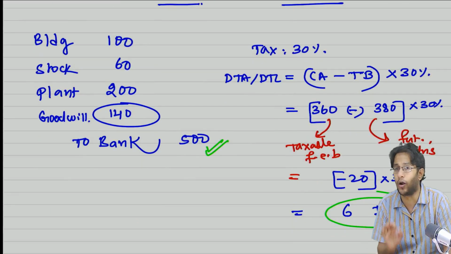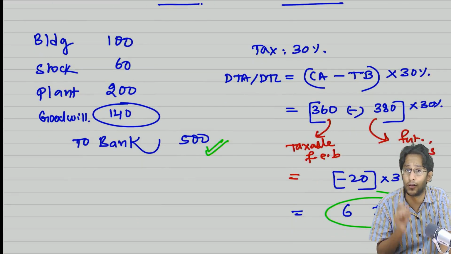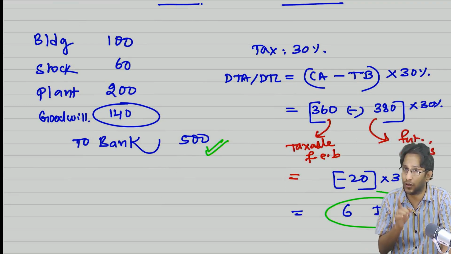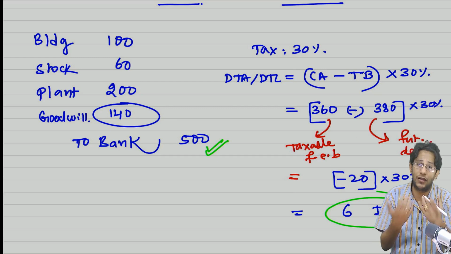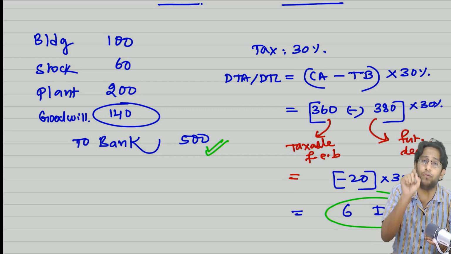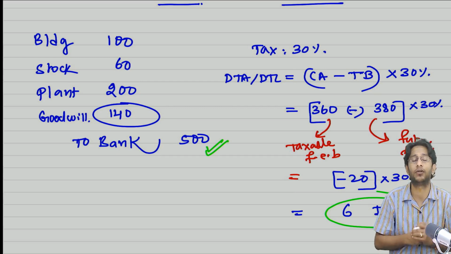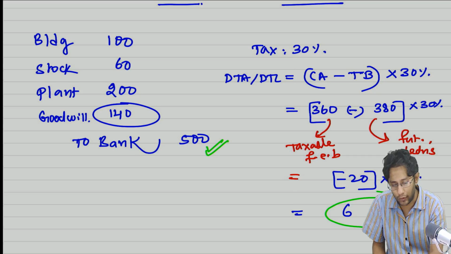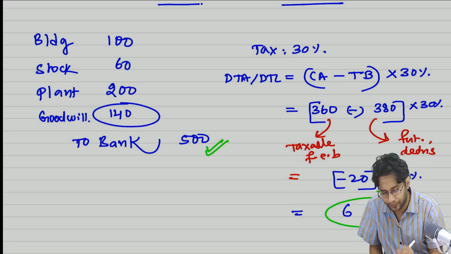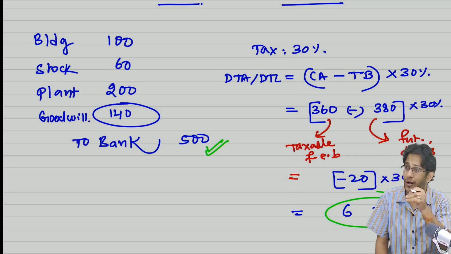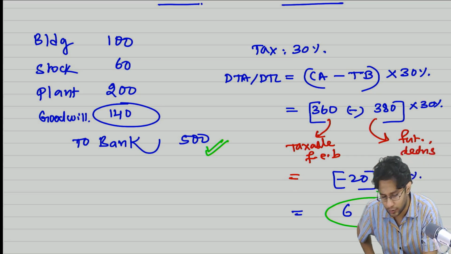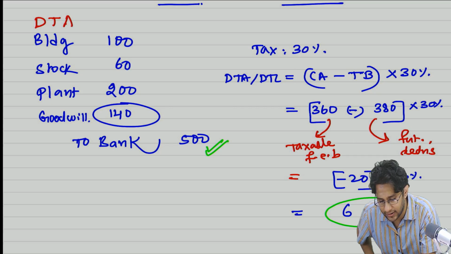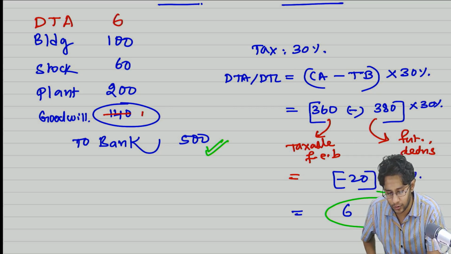This PC is paid not just for your asset purchases, it's also paid for a future tax saving. So you are purchasing a future tax saving, and you are paying extra consideration that is included in your PC. If you do not recognize that, that amount also went and sat under the name of goodwill. So when a future tax saving is there, the DTA must be recognized, and this number should be 130.